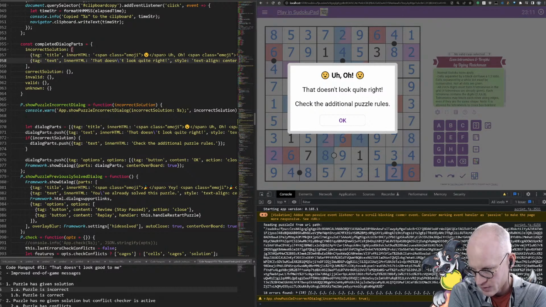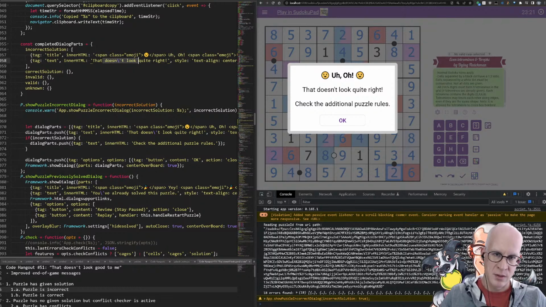Let's see. This is the correct solution. All right, so let's say this isn't. Instead of this doesn't look quite right, we're saying that's not correct. That's not correct. I hope that's not too harsh. Kind of what I liked about the whimsy of the original messages was that they were kind of cutesy and non-threatening, if you know what I mean.